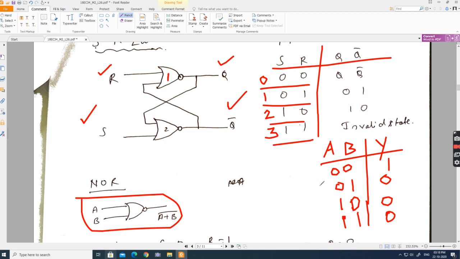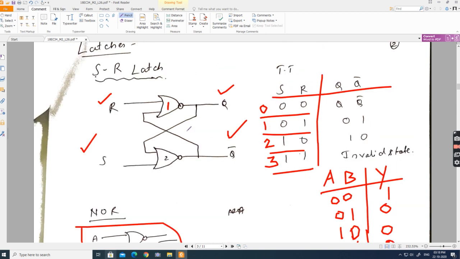One very important point, on which this entire chapter lies. That point is you have to understand the truth table properly. Refer to the diagram of the SR latch here. How many inputs are under my control? You can take the first NOR gate or the second NOR gate. How many inputs are there into the first NOR gate? There are 2 inputs. The second NOR gate also has 2 inputs. Out of which, how many inputs are under my control?